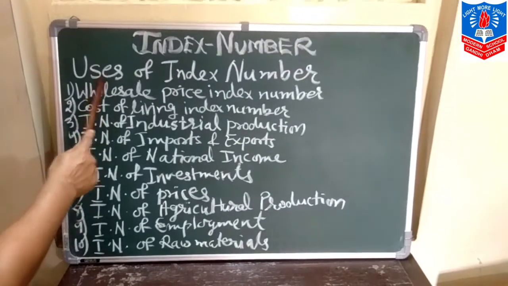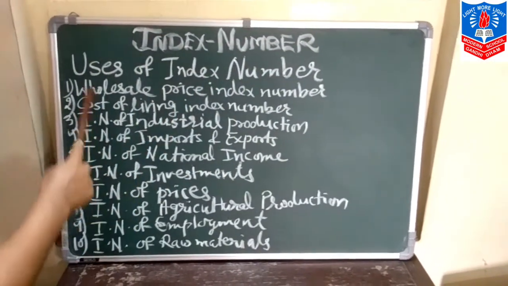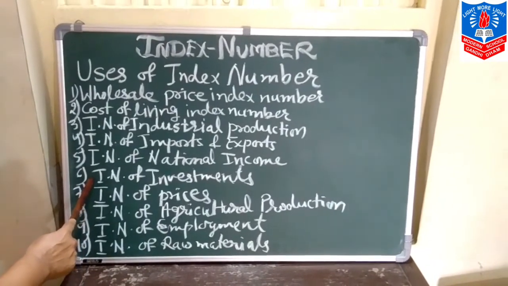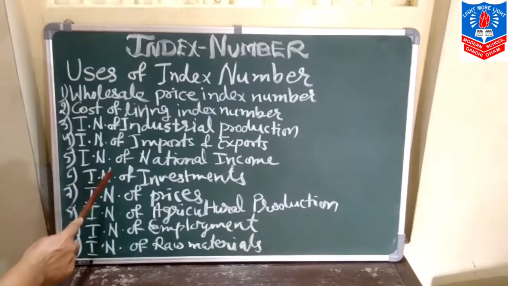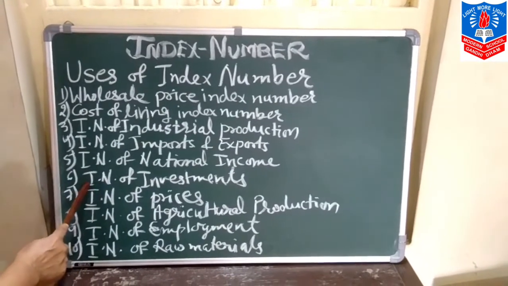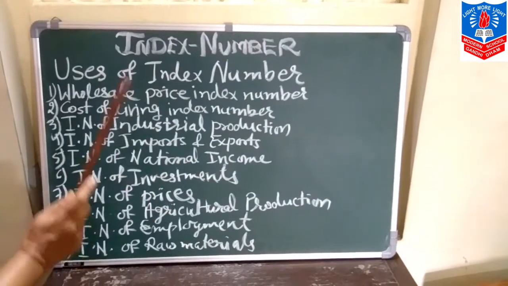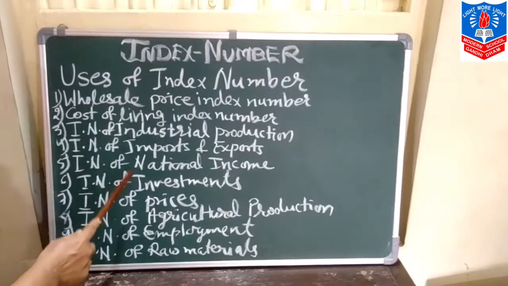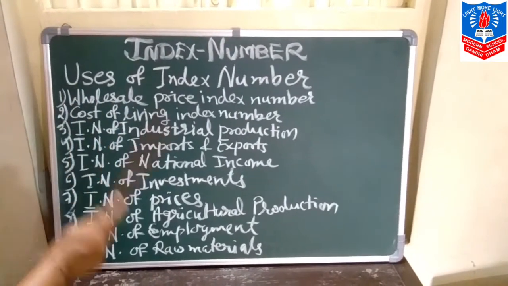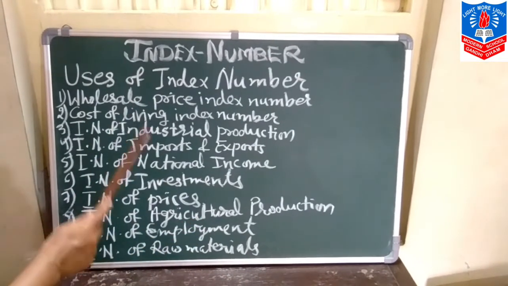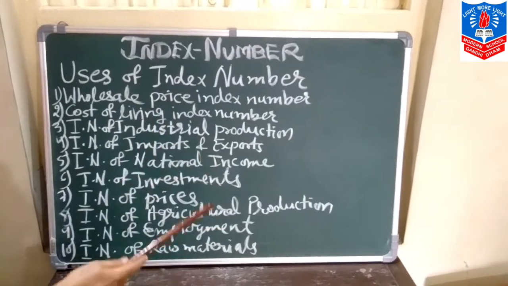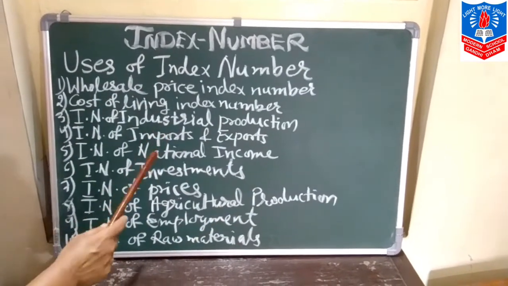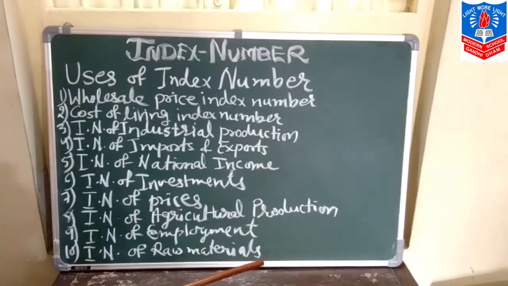First topic, that is uses of index number. Here 10 uses are there, of course you have to remember a maximum of 6. Why? Because if a question comes of 3 marks, then you write 6 points, and if a question comes of 2 marks, you write 4 points. One thing more, in statistics, for any theory question, there is no need of explaining anything in detail, simply write each and every point in 1 or 2 sentences only.